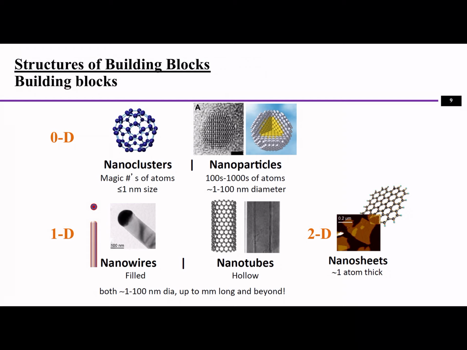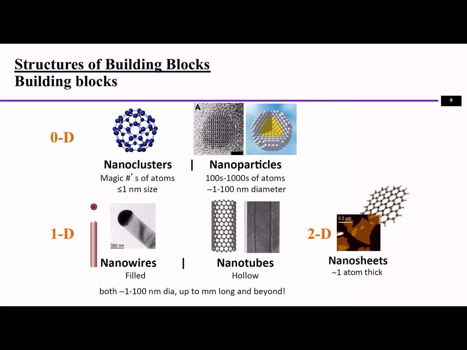A lot of times we can use some magic numbers to create those structures, and that is a nanocluster. And also nanoparticles. Nanoparticles will be around hundreds and thousands of atoms, and form a particle that is around 1 to 100 nanometers. And a one-dimensional